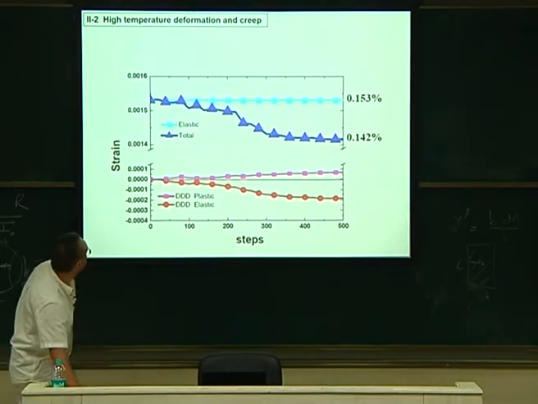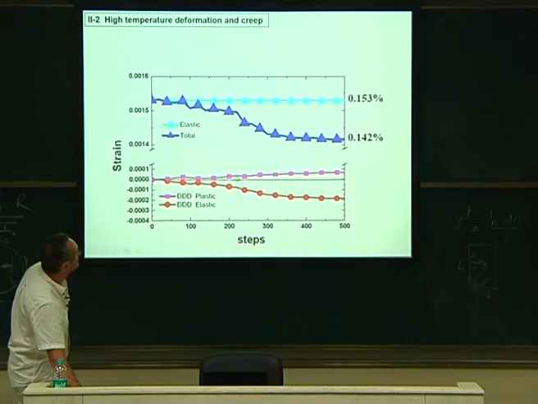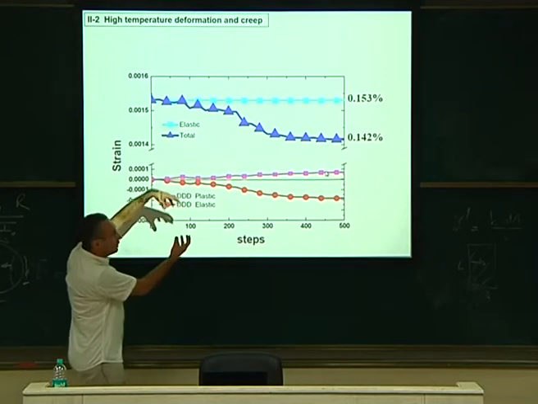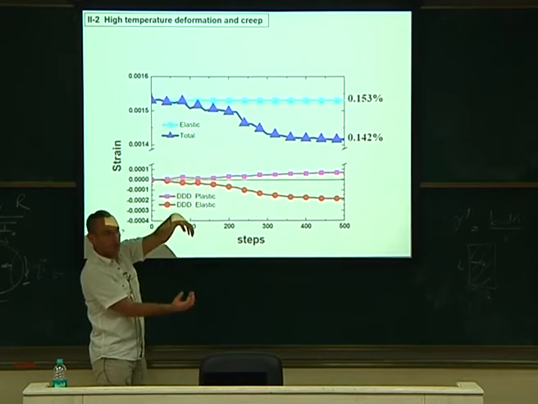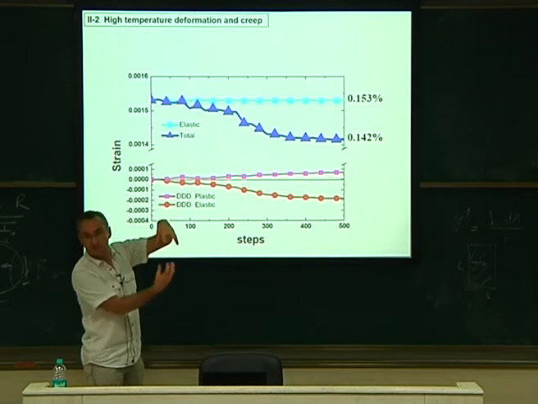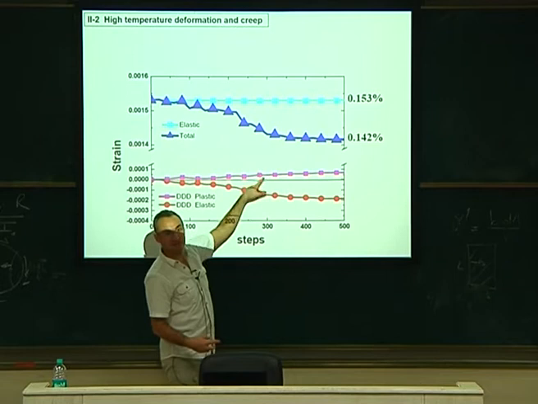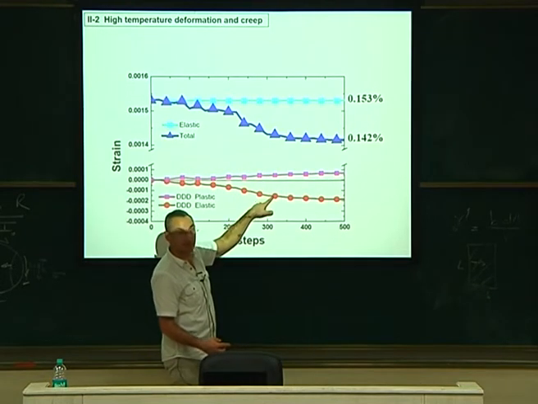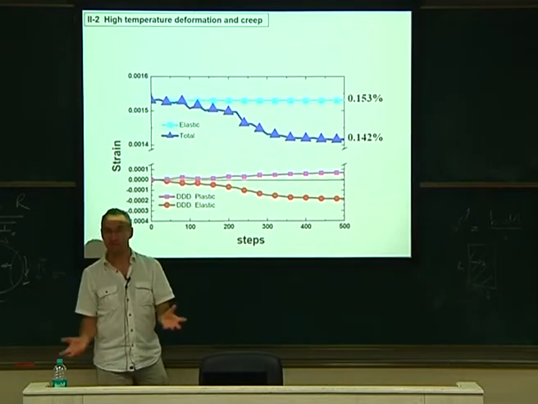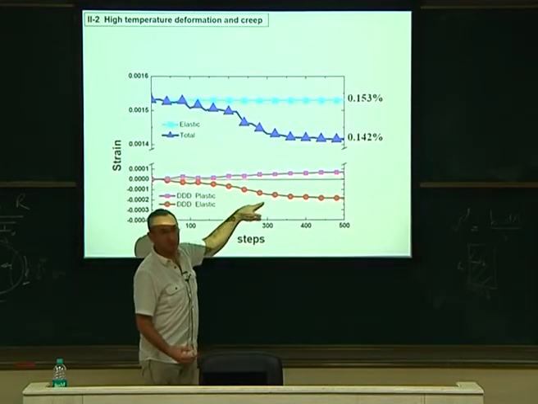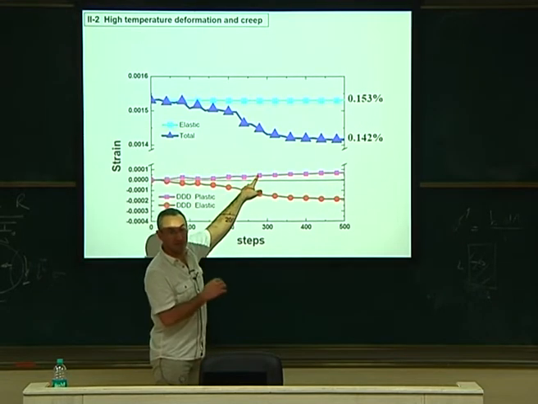You see that the plastic strain due to dislocation is this amount of plastic strain, so it's positive, so it's along the tensile axis, that's normal, it's consistent. You push that way, you get plasticity in that direction. But the internal stress is bigger than the plastic stress. And this is elastic stress. Due to the dislocation motion, they move, they generate their own stress field, and the deformation induced by this stress field is bigger than the plastic deformation that they generate.